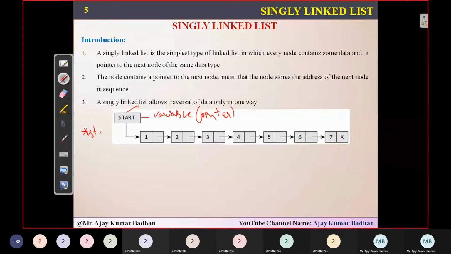So node 1, node 2, 3, 4, 5, 6. There are 7 nodes created. What does that mean? I'm going to add 7 elements, so I had to create 7 nodes. The start will consist of the address of something. Suppose the address is 100 here. So start will consist of the value 100. From here, the remaining process is chain formation. Suppose the next node's address is 200, that will come here. Then if it is 300, 300. Suppose this is 250, so here you will have 250. There is no specific order, such as increasing order or multiples of 10 or hundreds.